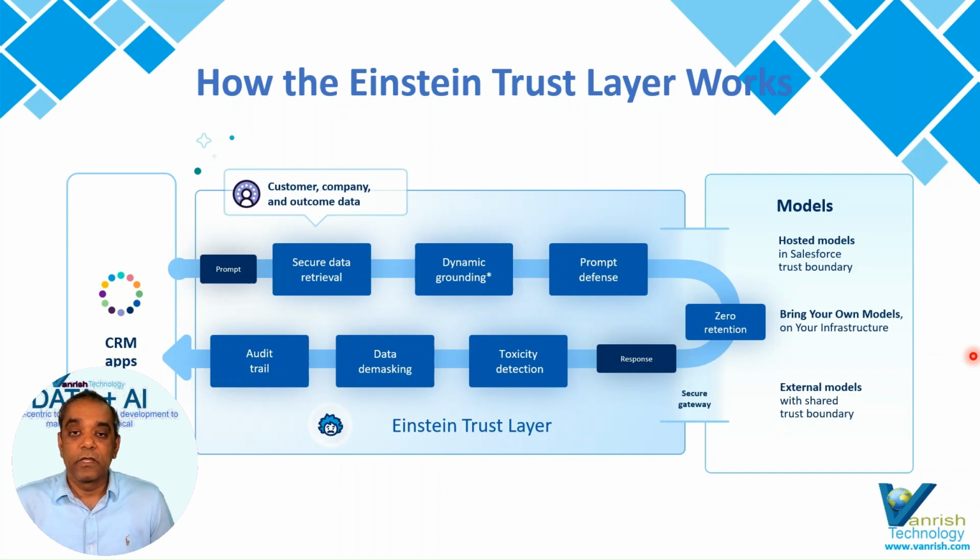As soon as this request is hitting the external model like OpenAI or Anthropic, both the prompt and output are not retained once the output is processed. Salesforce-hosted models in the future will retain prompts and generate output that better reflects your company brand and business process. This is how the whole Einstein trust layer works.